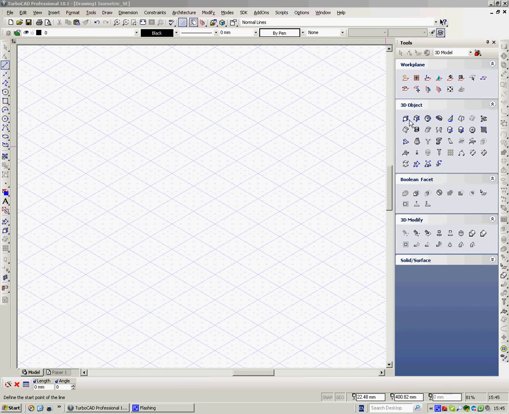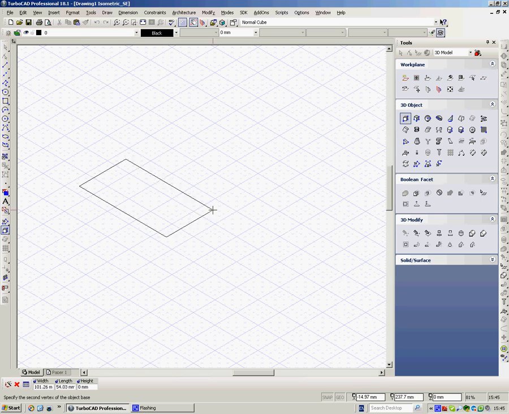This is the second film showing you the principles of drawing in 3D using TurboCAD, and again I'm using TurboCAD Professional 18.1. So we're already in isometric here. We're looking down. I've chosen a box and I can click and click again and move my mouse up, and